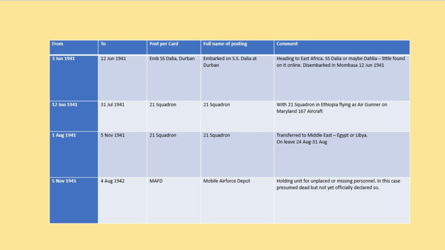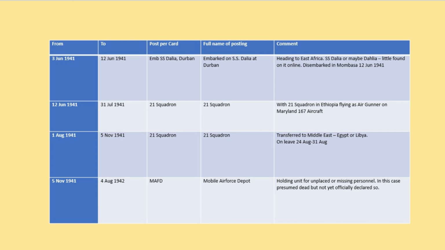3rd of June to the 12th of June he embarked aboard the SS Dahlia. That's what it looked like on the card. It could be SS Dahlia. Normally you can find pictures of these ships that were used as troop ships, merchant vessels that were commandeered during the war. But I could find no reference to Dahlias or Dahlias, which fitted at the right time period. So I'm not quite sure whether I've even got the name right from the handwriting on the card. But for that roughly 9 days, headed to East Africa and disembarked at Mombasa in Kenya on the 12th of